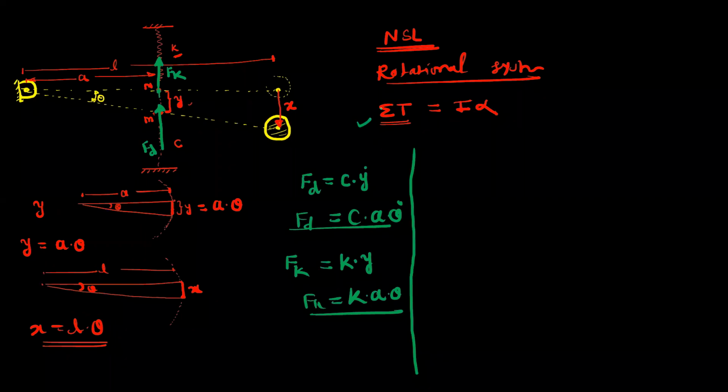Now we want to find the torque. We should take the torque by Fd and Fk about the point of rotation. The complete system is rotating about the pivot point, so let us take this point as O. For the torque, we should find the perpendicular distance of the forces Fd and Fk. The line of action is the same for Fk and Fd, so the distance a becomes the perpendicular distance. I will write the first torque.